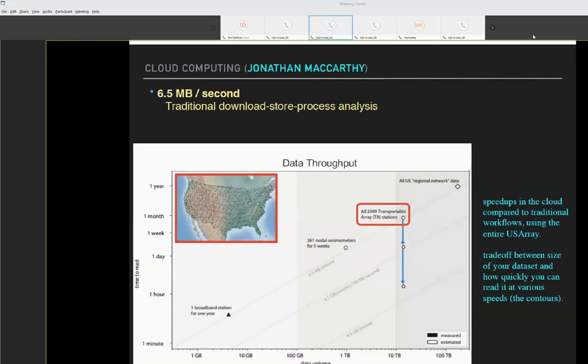So I'll just mention that there's another effort going on here and with collaborators elsewhere, led by Jonathan McCarthy here at Los Alamos regarding cloud computing. If you look at the yellow text, traditionally, the download and store process analysis is about 6.5 megabytes a second. Next slide, please. If you calculate on the cloud and stream data from some data center like IRIS, which is a data center for seismic data, you can get a terrific speed up to about 100 megabytes per second.